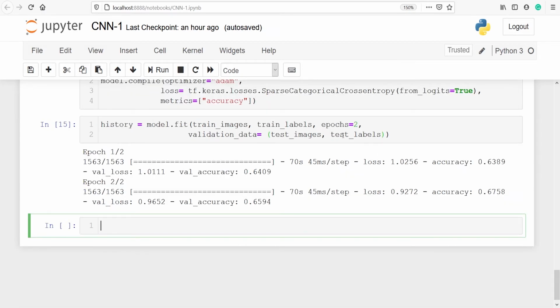When you are working on this model, you have to make sure that you are using at least 10 epochs here. Now we are going to evaluate the model, and I'm going to make a plot for the accuracy. So I will use matplotlib, plt.plot, and we have stored our result in history, so we will call the variable history. From history, we will plot accuracy, and the label will be accuracy because we are going to plot accuracy here.